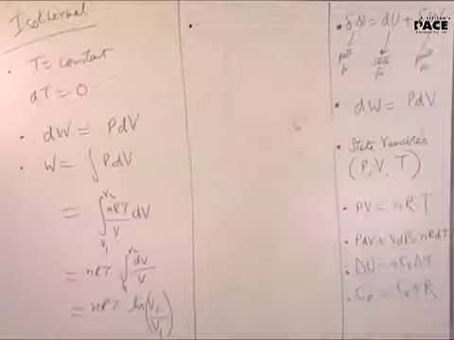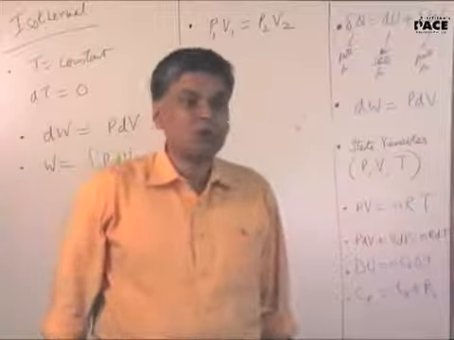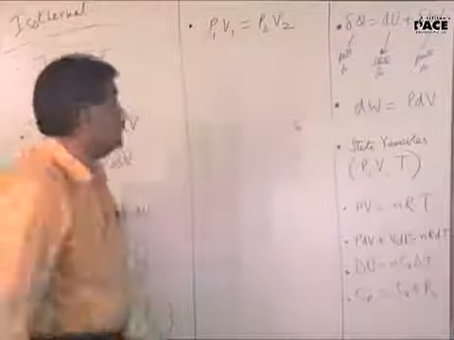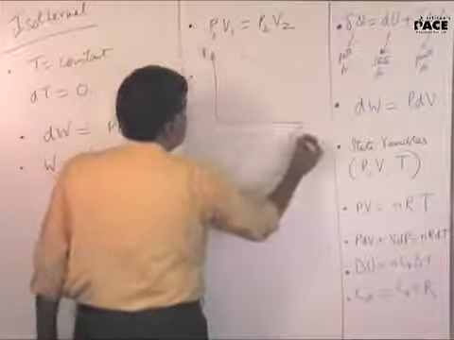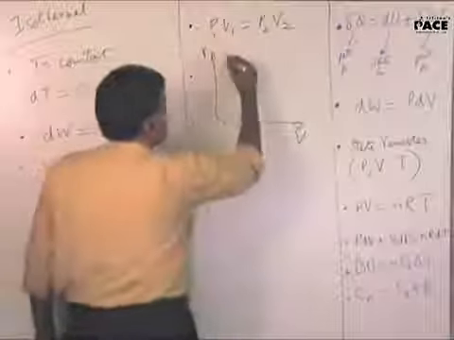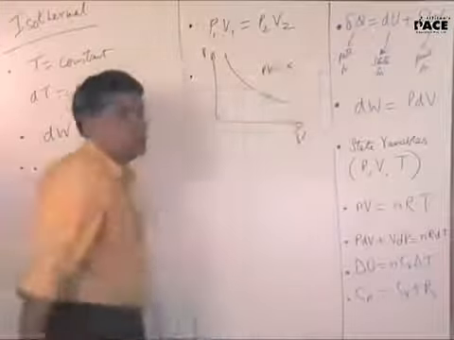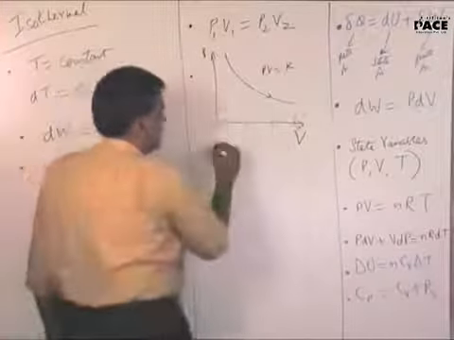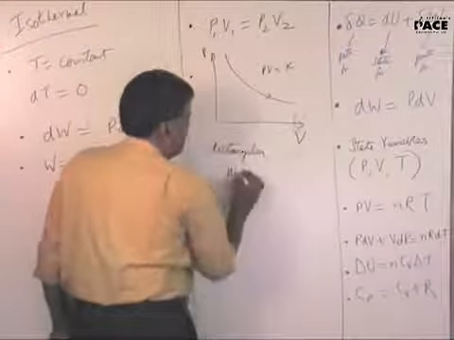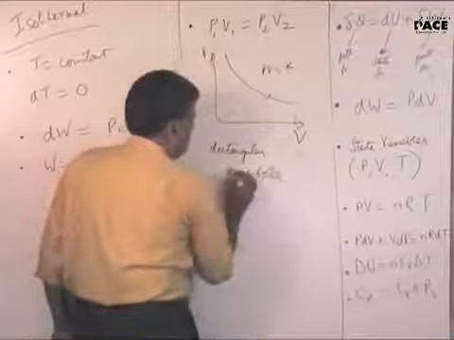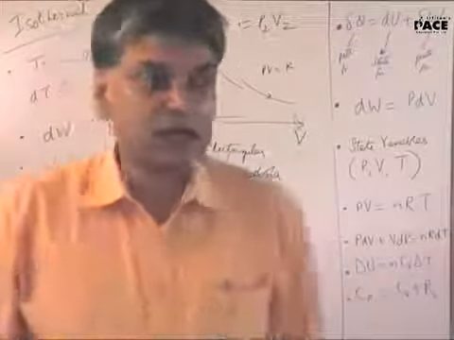What will be the state variable relation? Temperature is constant, so P1 V1 will be equal to P2 V2, okay? And what is the graph like? PV graph. PV is a constant, it's a rectangular hyperbola. You will learn this when you study your hyperbola. That's the equation of a rectangular hyperbola. XY is a constant, but nevertheless, you can take it as GK right now.